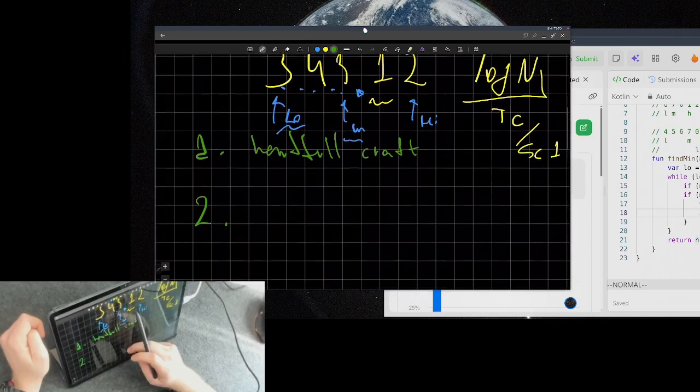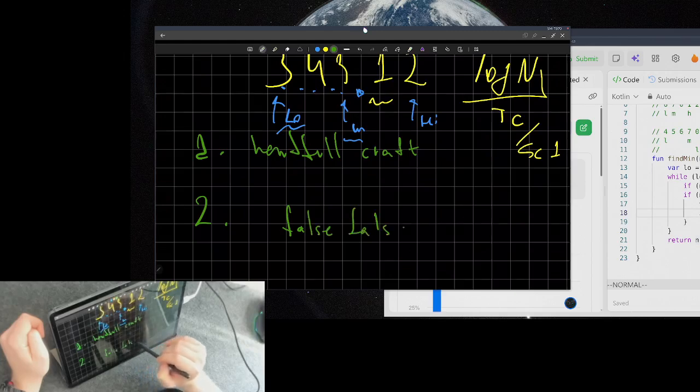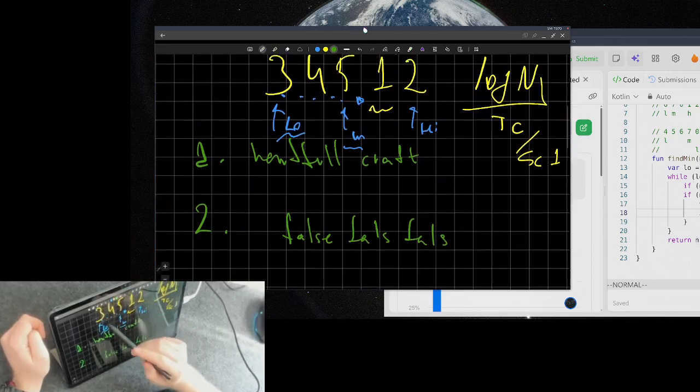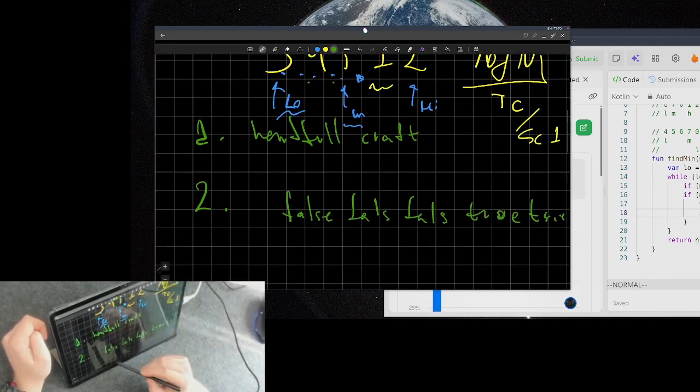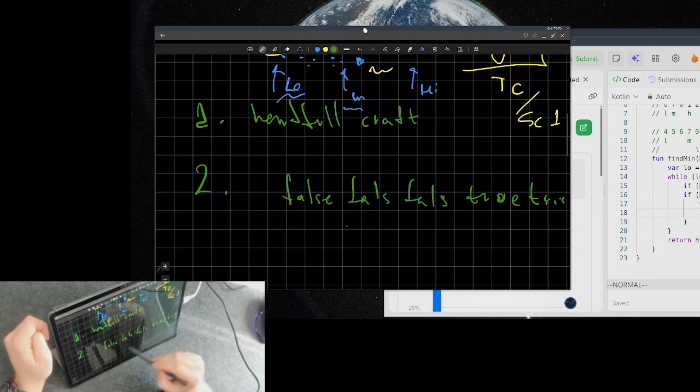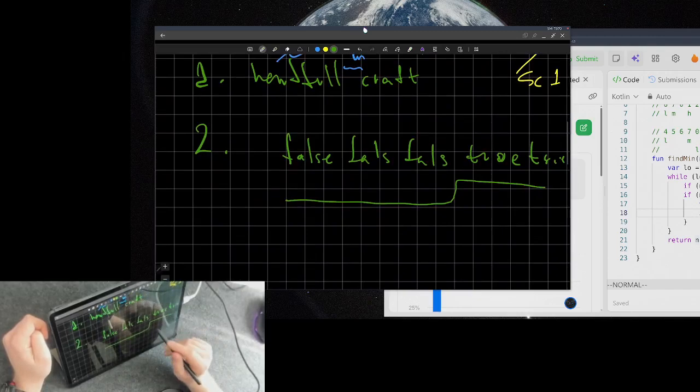But the idea is that we actually have a good heuristic, like false, false, false, so 3 numbers false, and then 2 numbers true. Basically this becomes a super simple binary search with just a shift from 0 to 1,